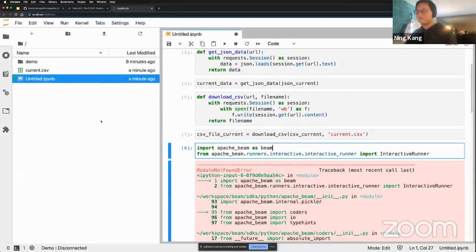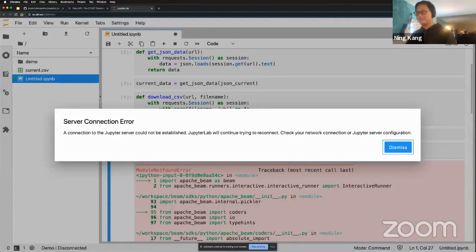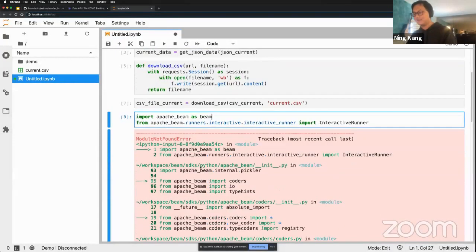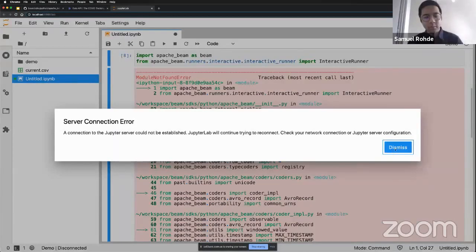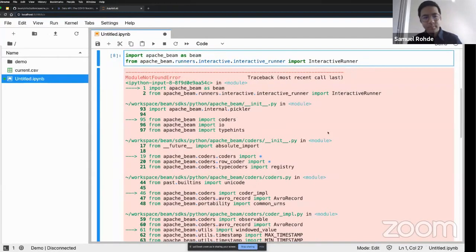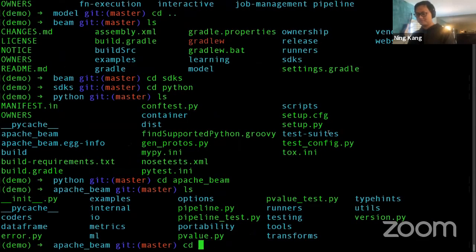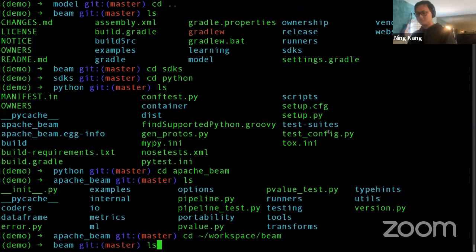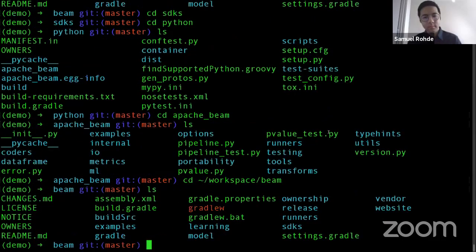Then, do you remember where the proto files are generated? Yeah, go to the Beam root directory. The root directory. Yeah, and then just do a